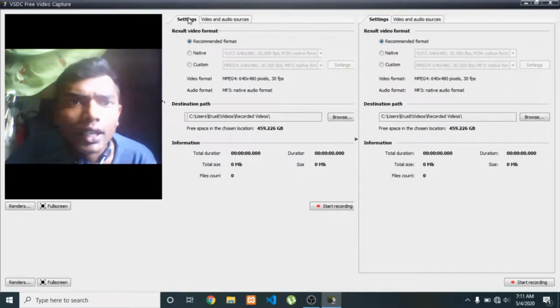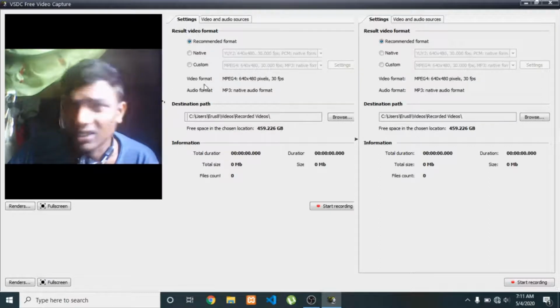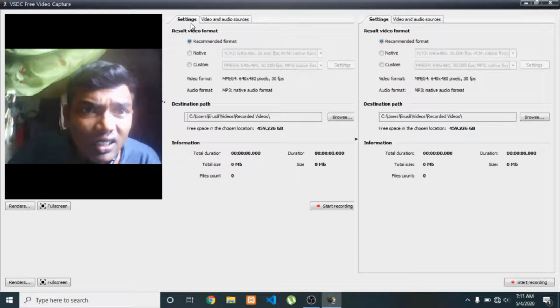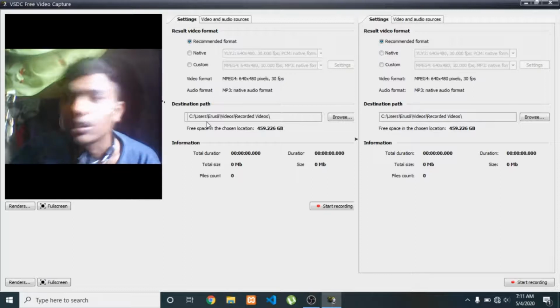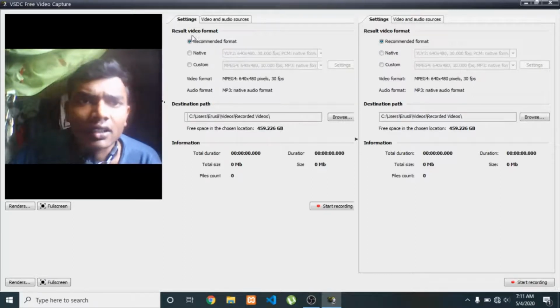And this one is the interface. Here you can see, and this is the setting option on the right side. The result video format can be recommended format, native, or custom, whichever you want to use. You can use according to your choice.